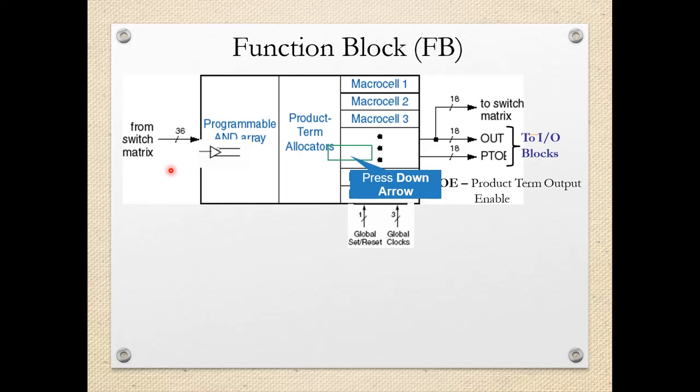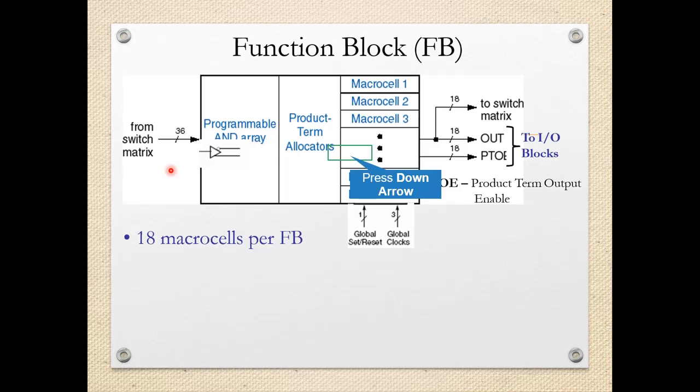So if the size of the logical expression to be implemented is greater, then this one function block may not be sufficient. So likewise there will be another function block which can be utilized, and then these two blocks can be interconnected. For interconnection purpose we have the signal which is coming from the switch matrix. So through this switch matrix signal we can interconnect the different function blocks, and we can have the implementation of a bigger circuit.